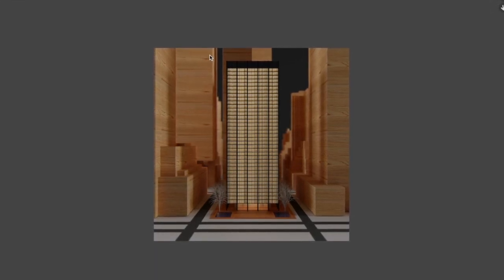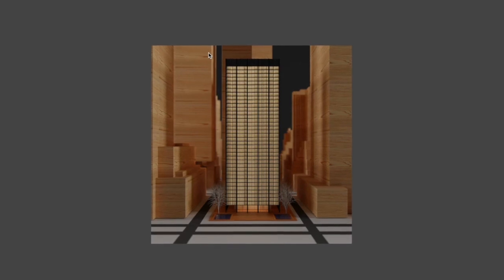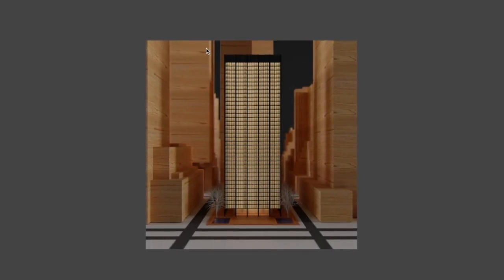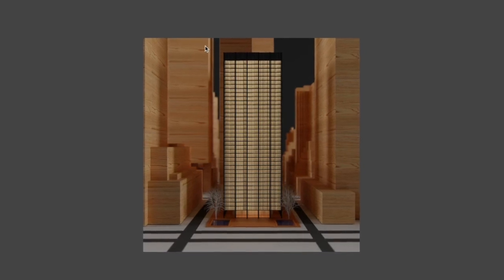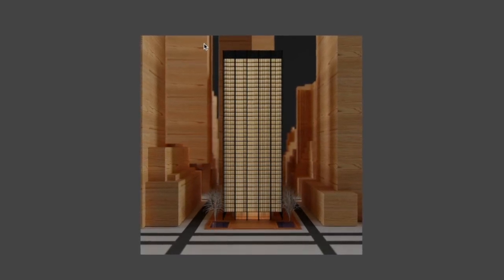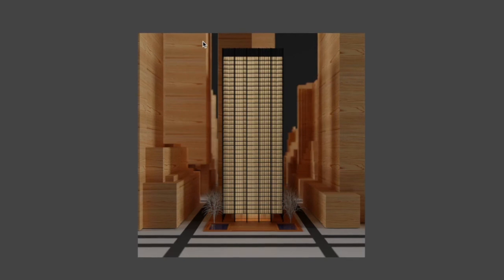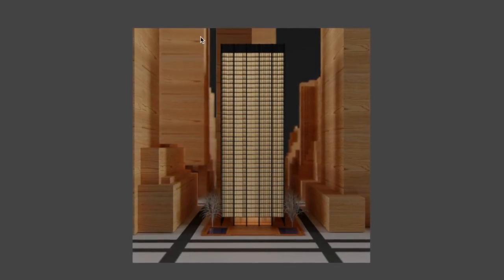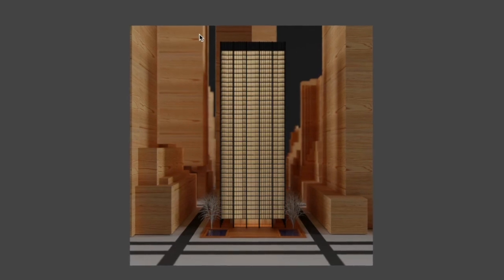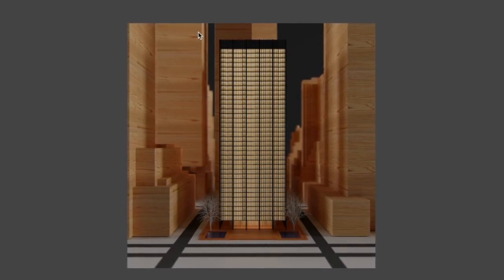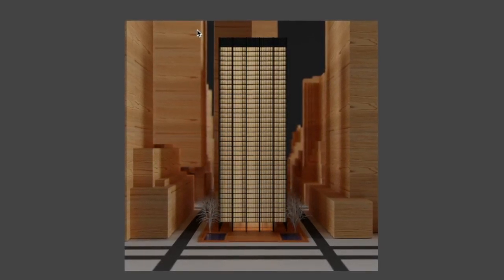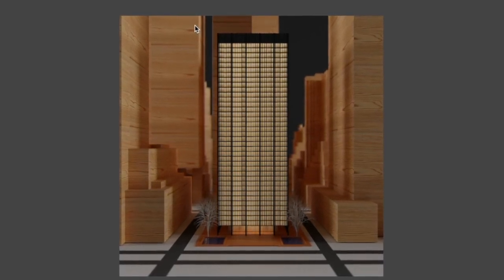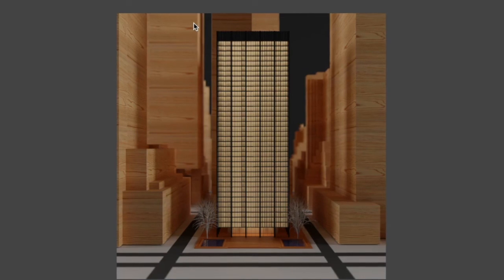Now we have rendered the scene and the result looks good. This is the kind of result we were expecting, and it is great that we could achieve it in Blender. So this way you can see that we can achieve these kind of renders in Blender and we do not have to shift to another platform for this. Also, this was only an example using the Seagram building, but replicating and using this technique you can render any building that you want to and achieve this kind of style.